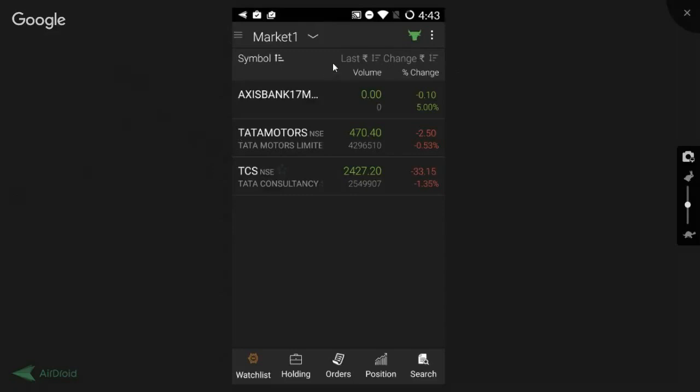So now we know how we can add the stocks to our market watch. We go ahead and see how we can trade the same. We just simply have to click on the script. There's an option given of T, that is for trade. Q is for snapshots, and this is a charting facility. We click on Q to view the snapshot.